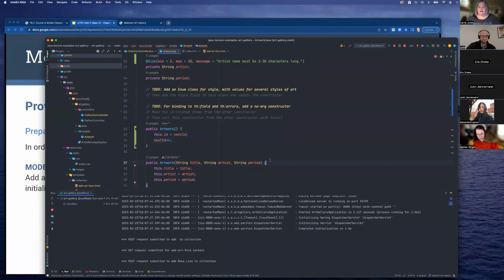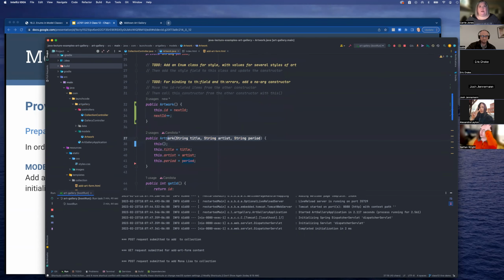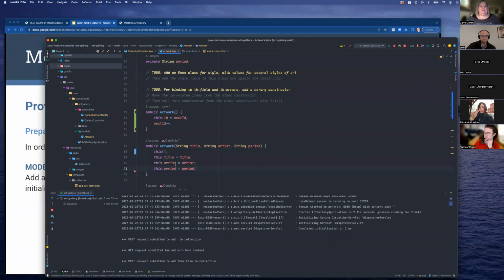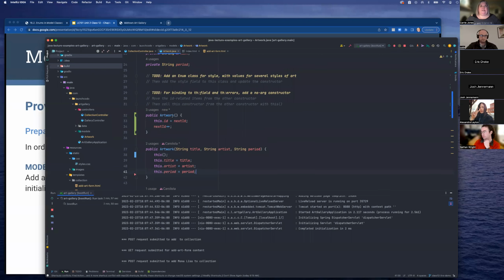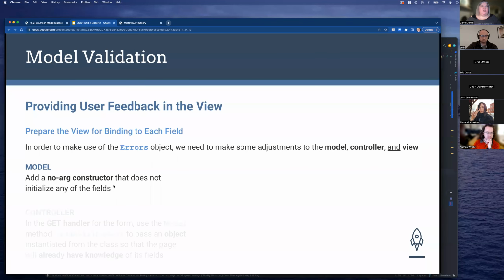And then from here, I'll just call it so that when we do actually instantiate an object from this with values, it goes ahead and creates that ID and then sets those three. That way, this should prevent most errors. But it allows us to actually create an empty object of sorts. I mean, all it'll have is an ID. It'll have null values for these three. But we need to do that for the next step, which is